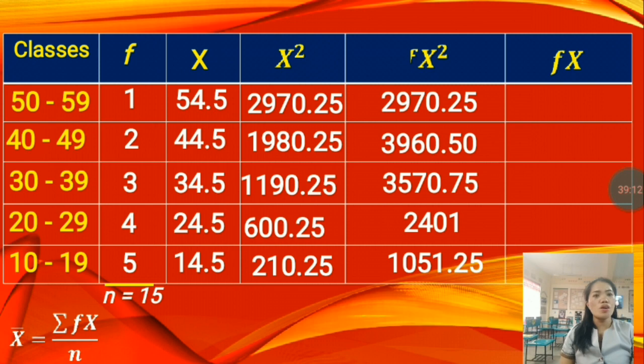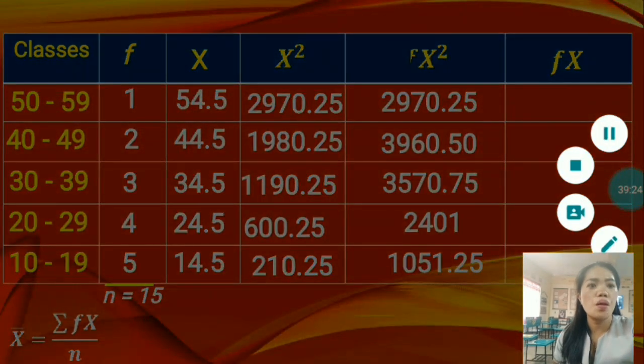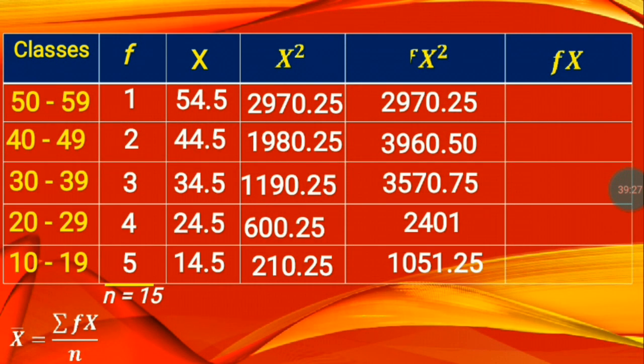2,970.25. Okay. The next would be, we're going to multiply our frequency with our x or our class mark. So let's start from the bottom. That is, okay, for a moment. You have 5 times